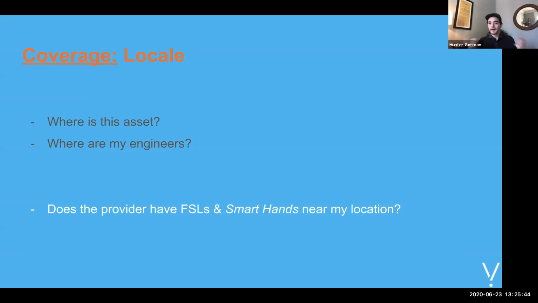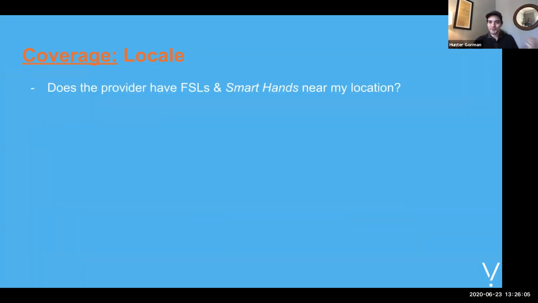For enterprise clients, like you've got quite a few of, locale is massively important, right? We might have a data center or many data centers here in the States, and then data centers across the globe with little to no teams right there beside it. So, again, the next set of questions that naturally comes up is, where is this asset? And then where are my engineers? And then obviously, where is this maintainer, be it an OEM or a third party, where are they located?